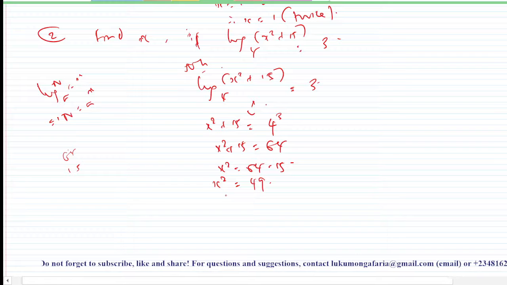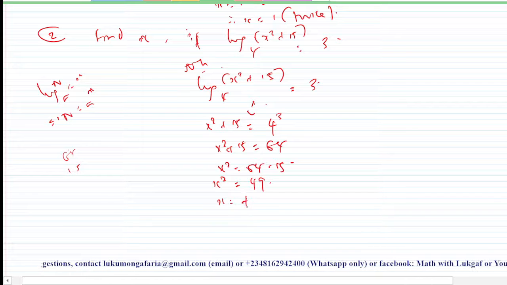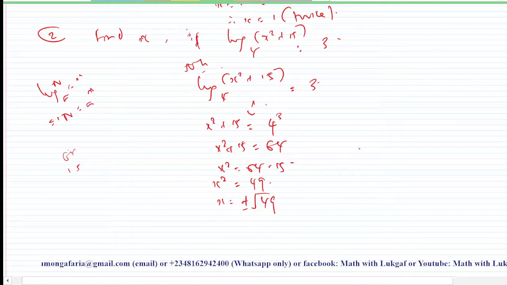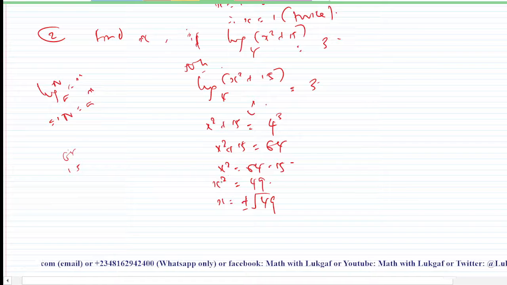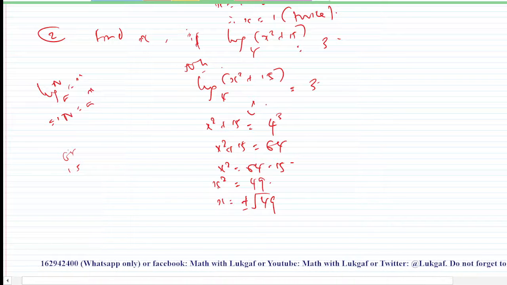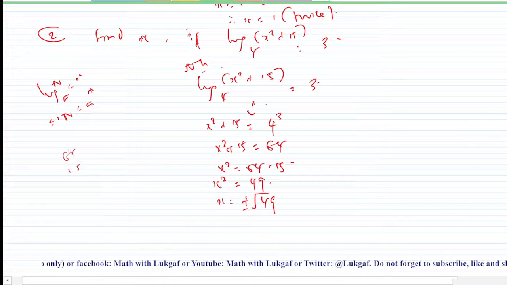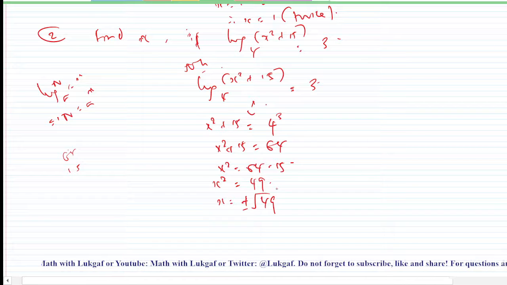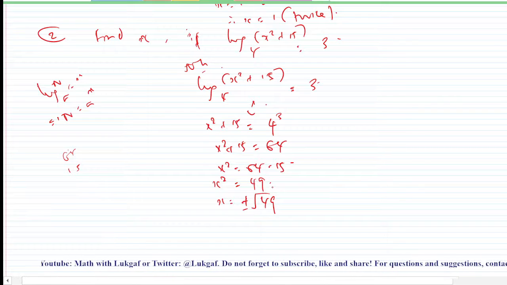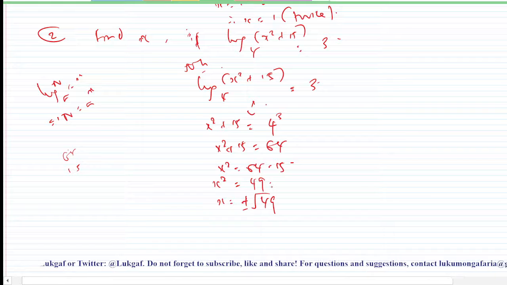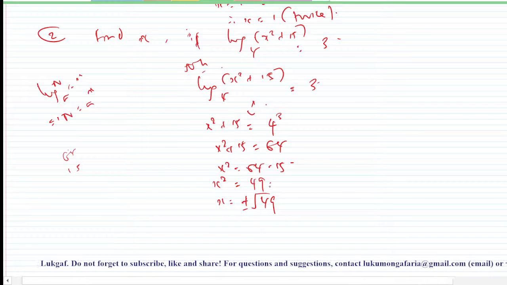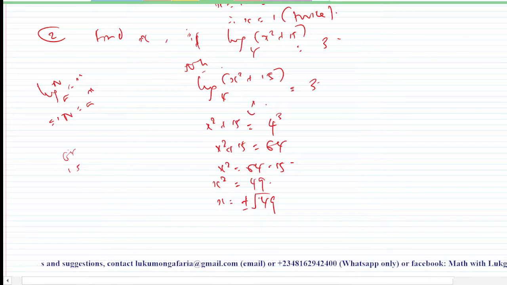If you take the square root of both sides, you understand now? So then this is going to give me x equals plus or minus what? 49. Do you know how we obtain that? If you don't want to stress yourself, you can just ask what is the number you are going to square to give you 49? It is not 7 alone. It is also minus 7, because minus 7 times minus 7 is going to give you 49. You know, I explained that when I was explaining indices.